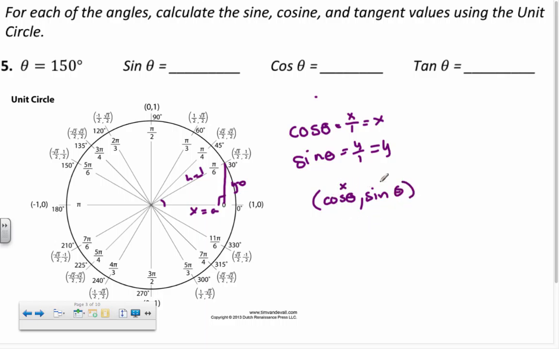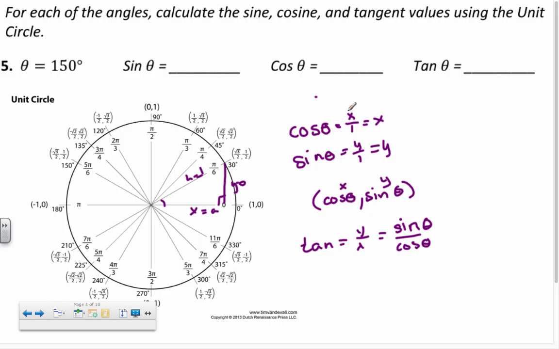Right, x comma y. Then to find the tangent, we know that the tangent is opposite over adjacent, and that would be the same as our y over our x, which is the same as sine over cosine. So now that we reviewed those properties,